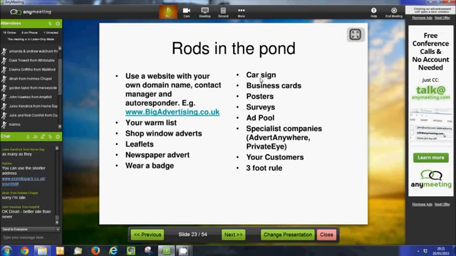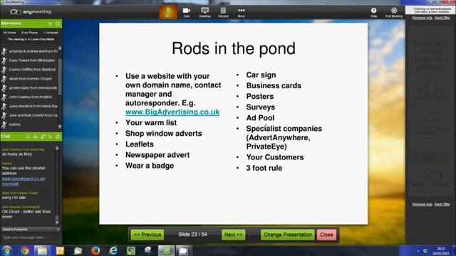Car signs are great. You pay for them once, stick them on the car, and then it takes you no time. You're a free advert everywhere you drive. Ad pools are usually run by your upline, so you might have an SED or an executive upline who runs a pool, and lots of their team can pool their money together and buy a big advert and then share the results of it.